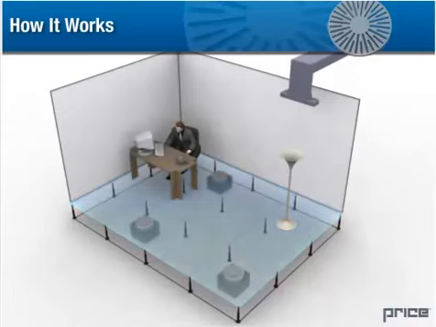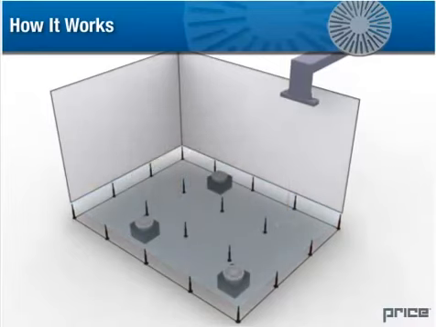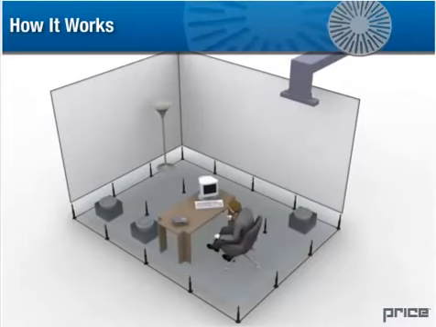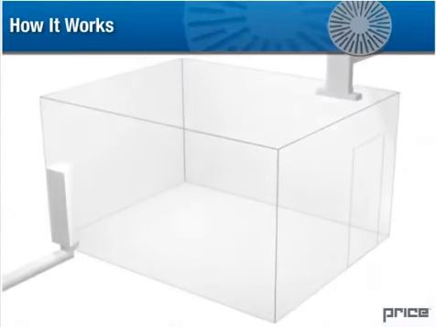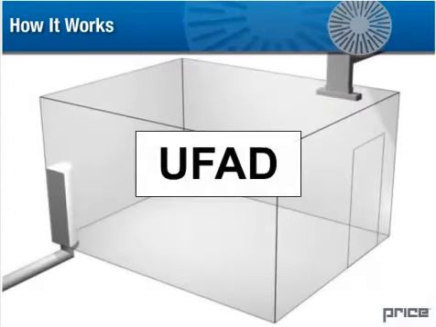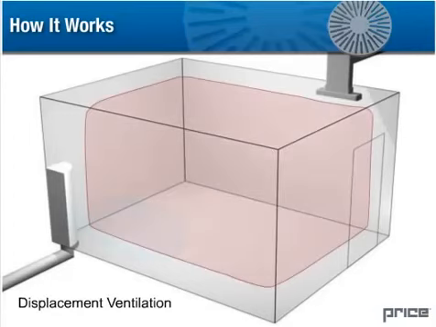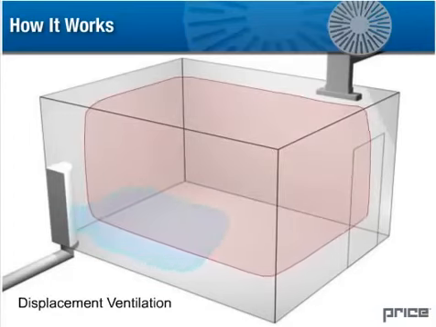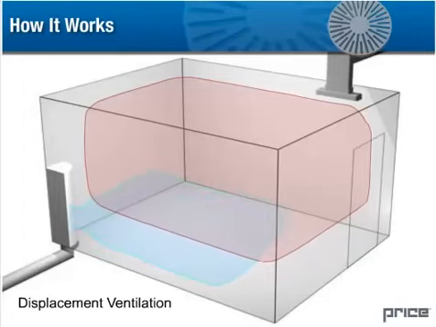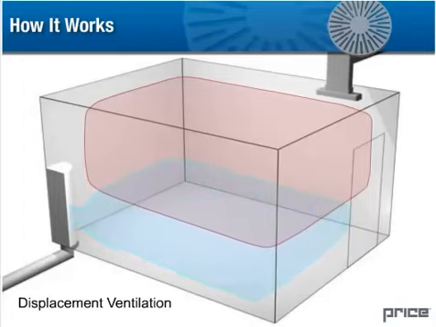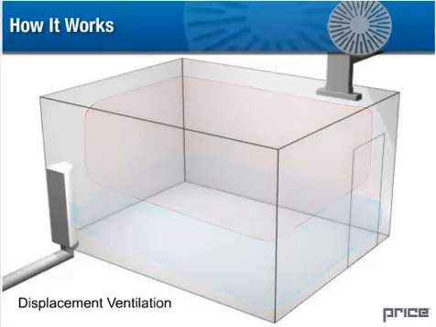In the event the room occupancy layout is changed, the air distribution can be customized as required since the floor tiles are interchangeable. Underfloor air distribution, also referred to as UFAD, works in many ways like displacement ventilation. Displacement ventilation systems typically introduce air at low velocities and low levels, which cause minimal induction and mixing within the